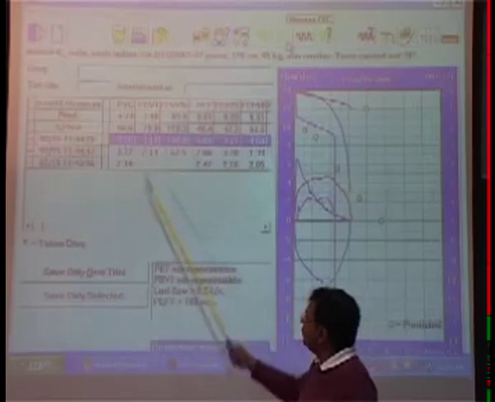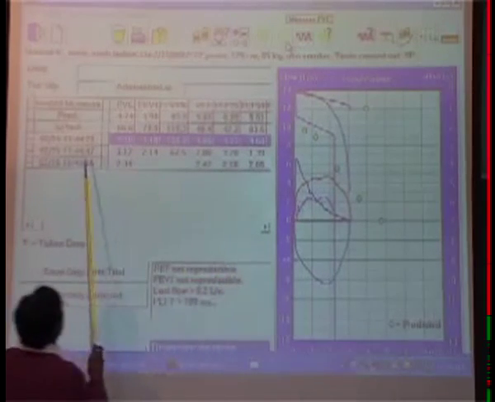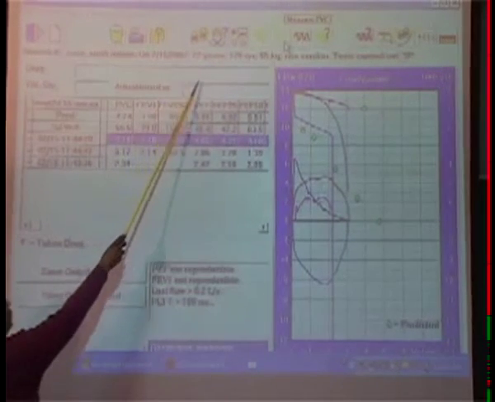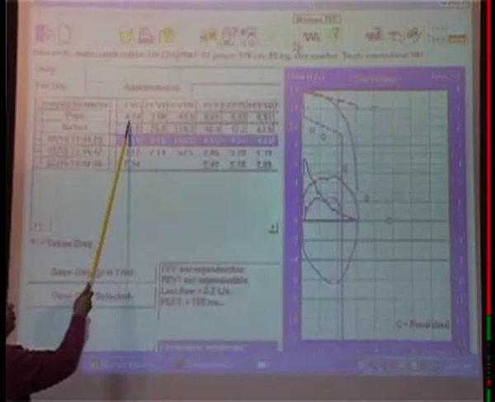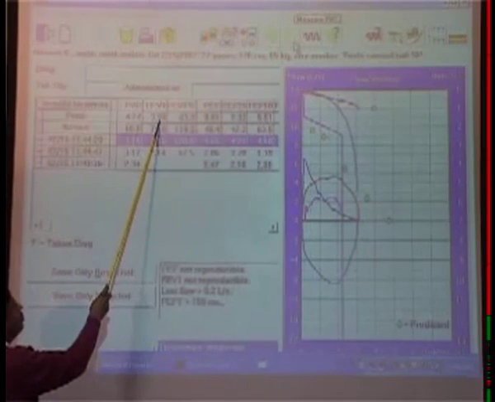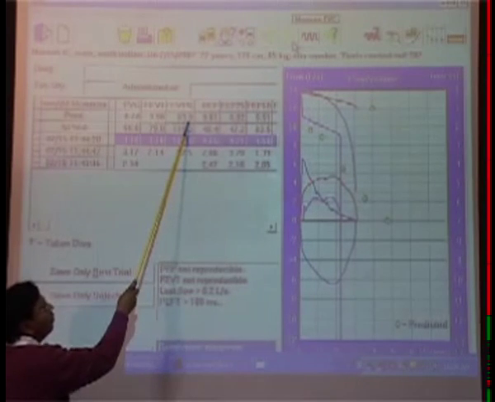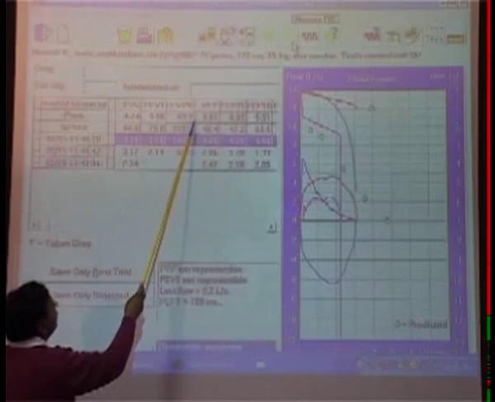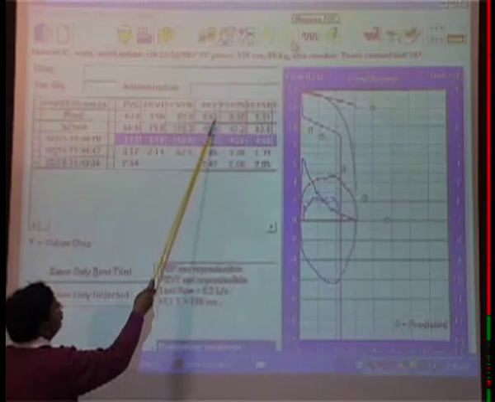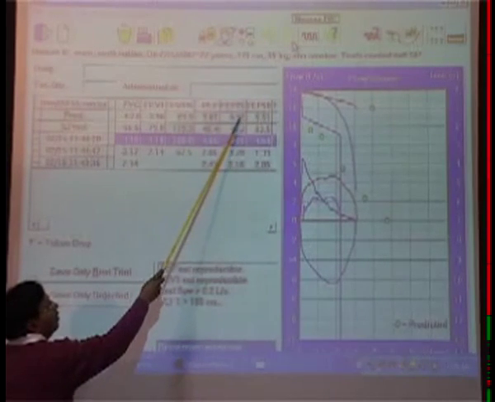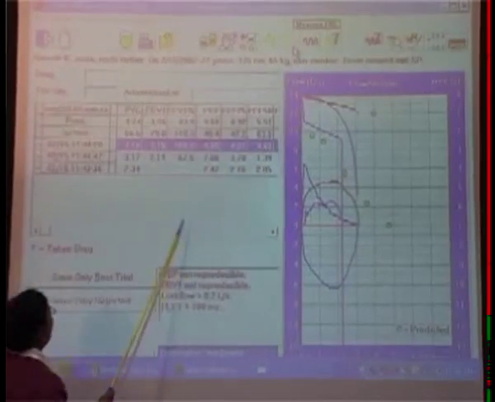These are the predicted values. It means for a person of his age and his height, which I mentioned here, forced vital capacity should be over 4.7, FEV1 should be 3.96, FEV1 percentage of the total capacity should be like this, and PEFR should be this. So these are the 25, that is after 25% of the volume is exhaled out and 50% is exhaled out. And then you see here,